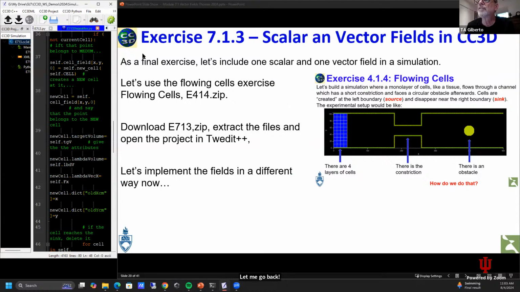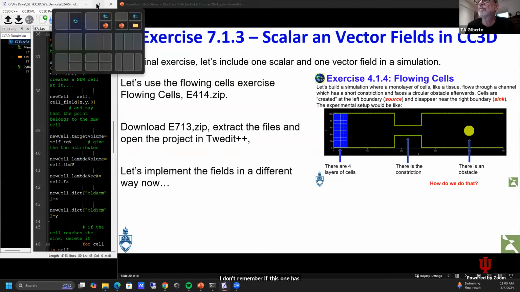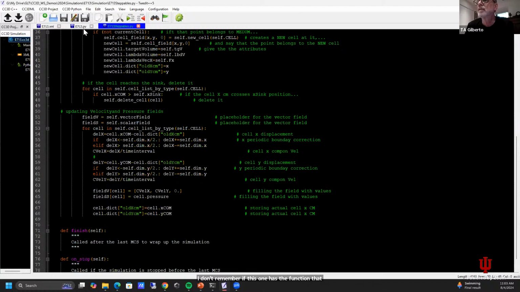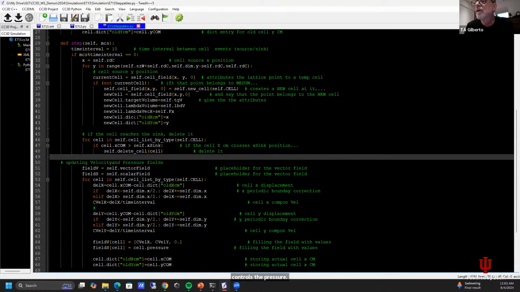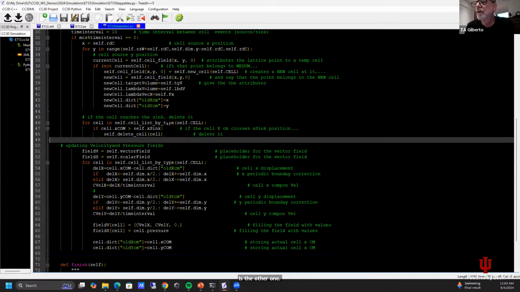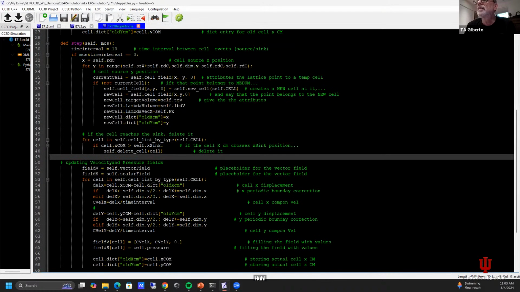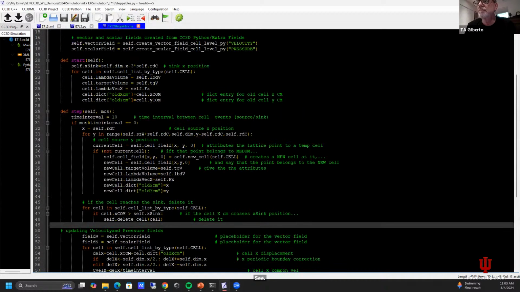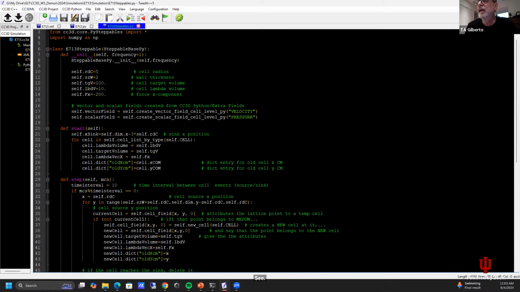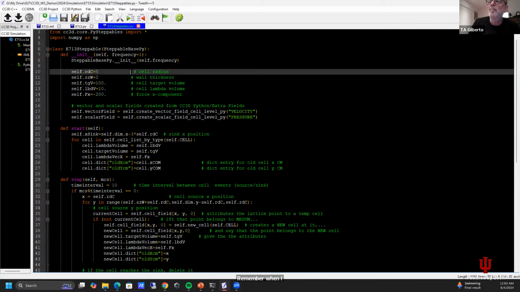I don't remember if this one has the function that controls the pressure. It is the other one. Cell pressure is here. See, in this, remember when I explained the cell pressure